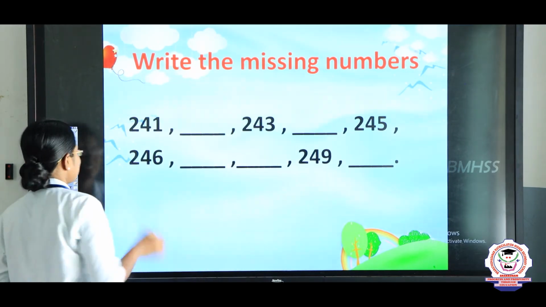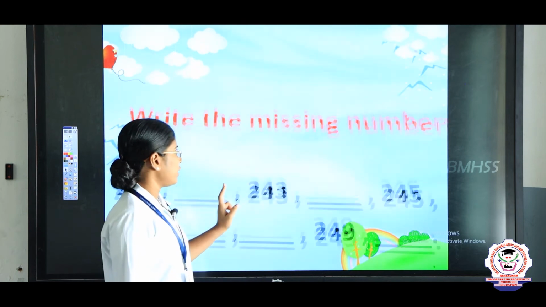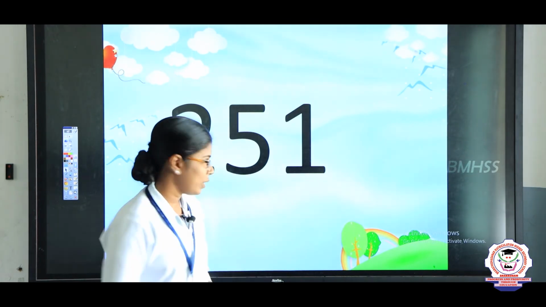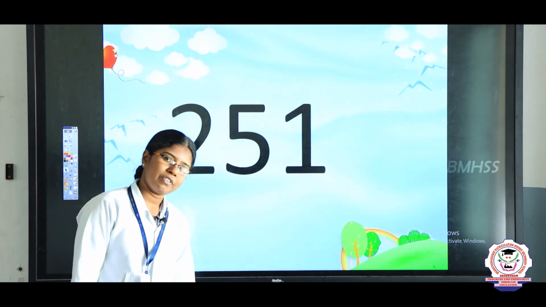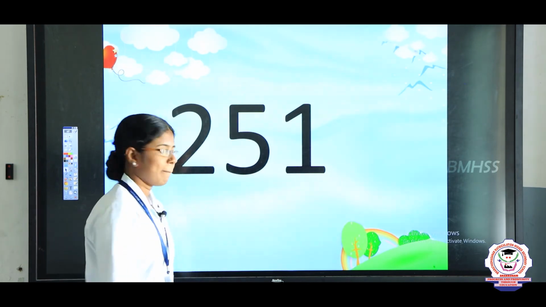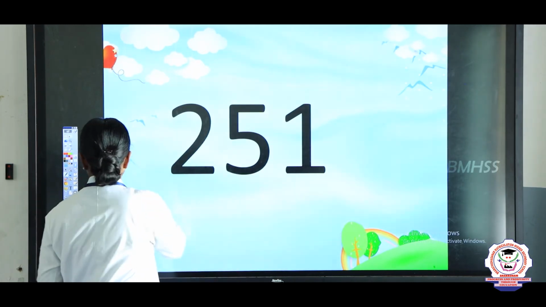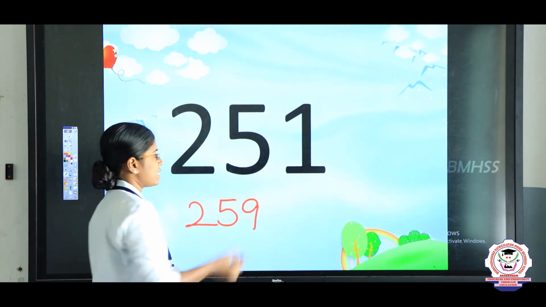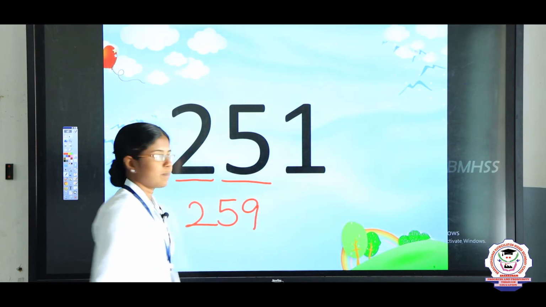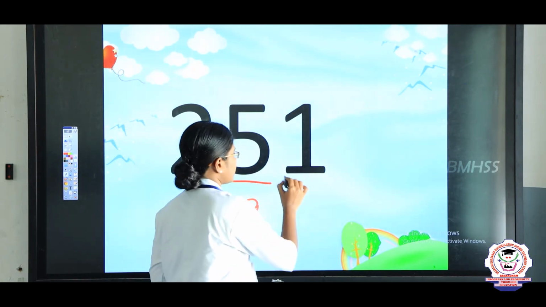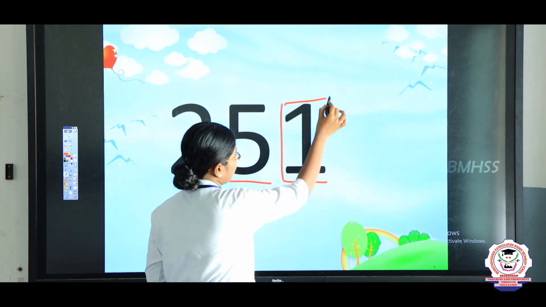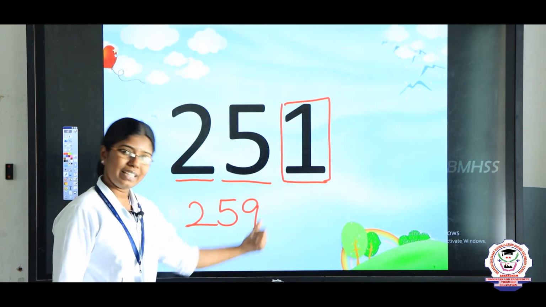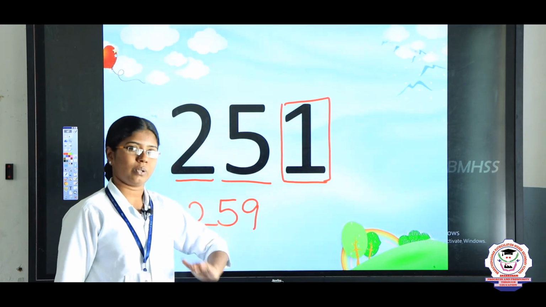You all did this activity very well. So far we have learnt the numbers 241 to 250, right? Following that, we are going to learn the numbers 251 to 260, okay? Here also, till the number 259, we should not change the hundreds place and tens place values, okay? We have to change only the ones place value in ascending order, okay children? Till the number 259.